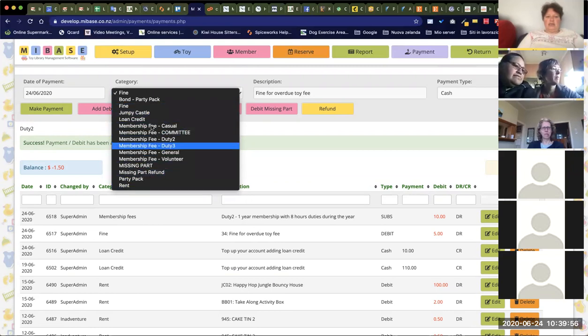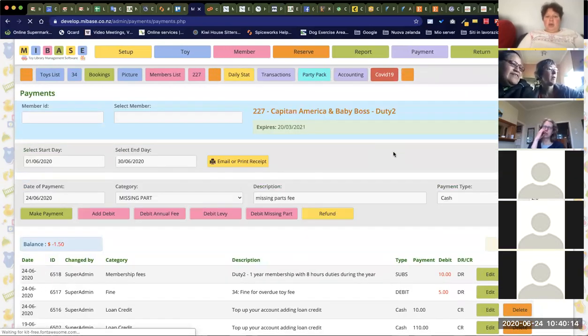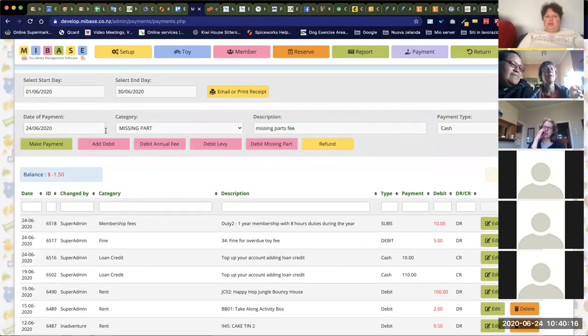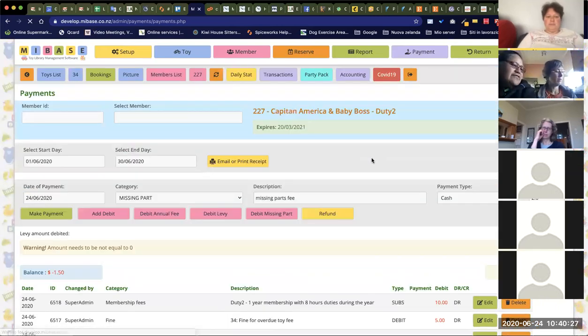Probably it would be nice to have another description like missing duty, so not show up for duty or not doing any duty in the payment system. But I can just choose missing parts. So if this one is missing levy or not show up on duty or whatever it is, if you click debit levy,